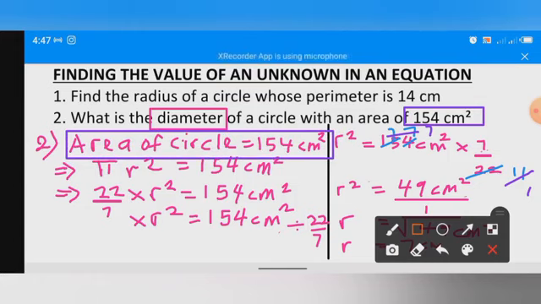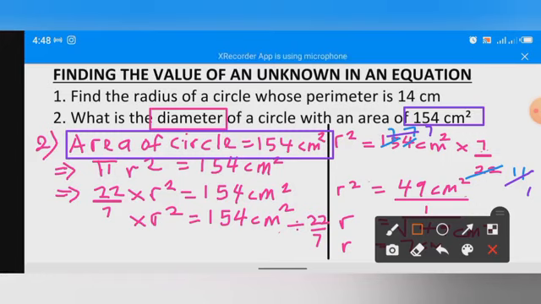In this question we are not looking for the area of a circle, we are looking for the diameter. After writing the information, which is area of a circle equals 154 centimeters squared, the next thing